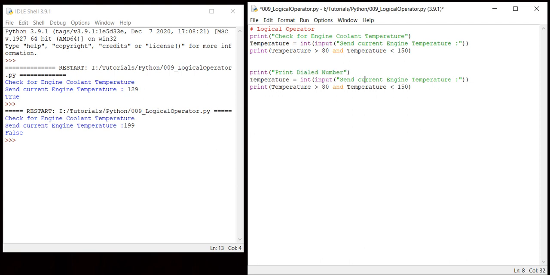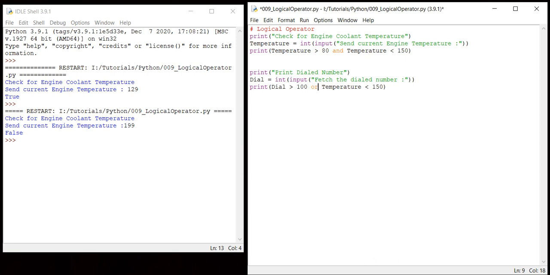So here the input is not any number, we'll write dial number, like fetch the dial number. Let me give the variable as dial. If dial is greater than 100